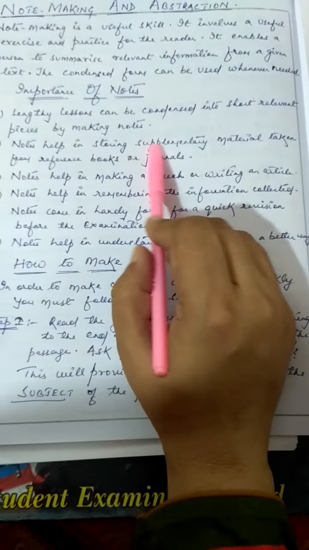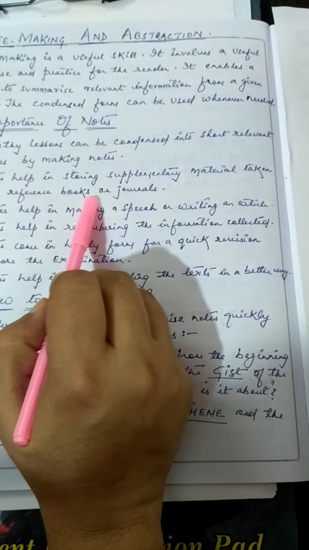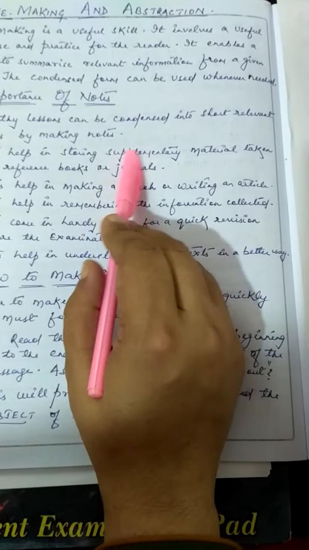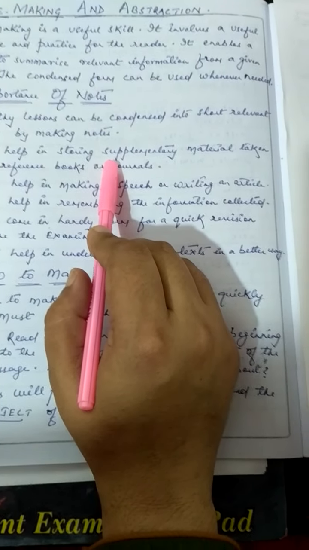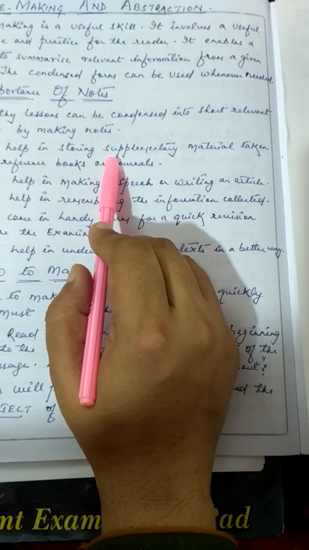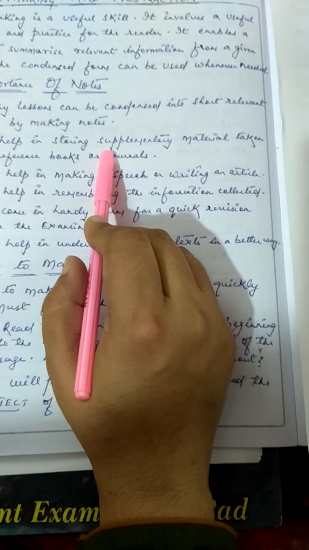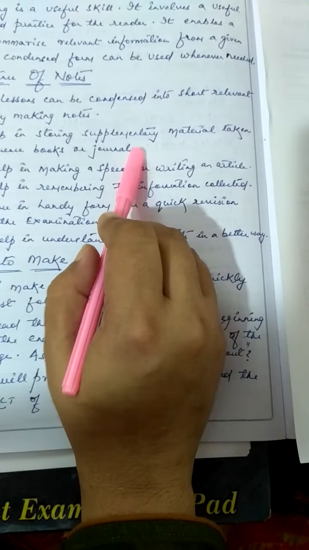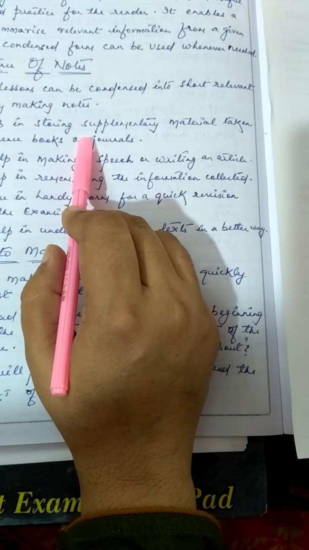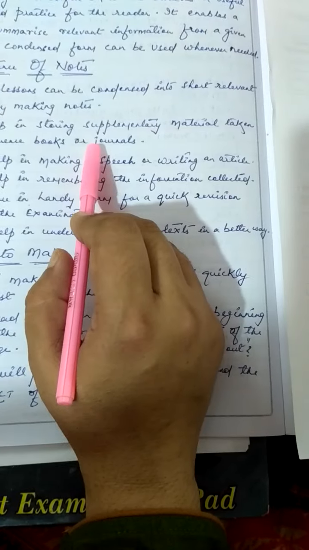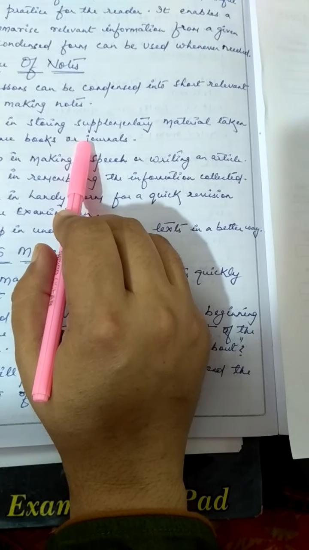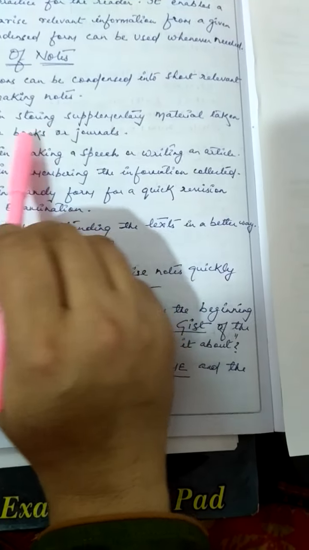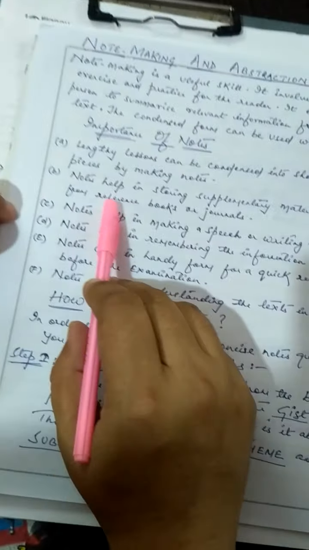From where are you storing those supplementary materials? From reference books or journals. Now, what do you mean by journals? Journals means the books of researchers who do research, discoveries and inventions. These are kept in the journals section. Nobody is allowed to touch these journals. Only people in the research field are allowed to touch these books, and those people can understand these types of books. We are only allowed to handle reference books.